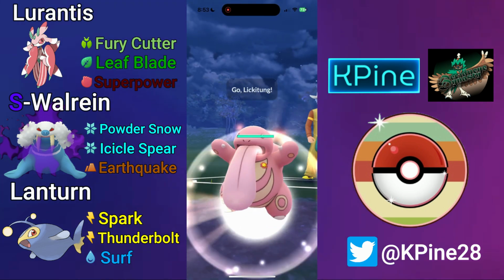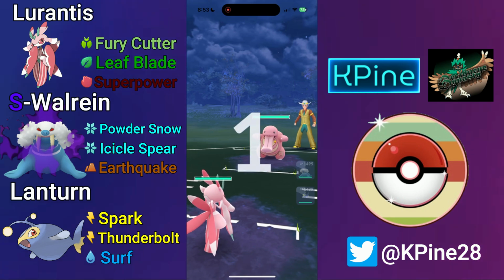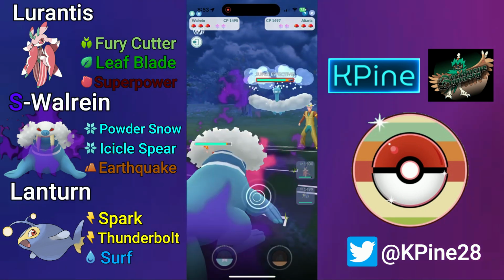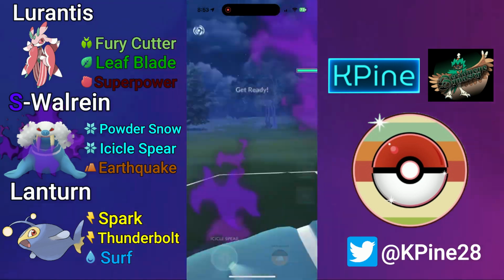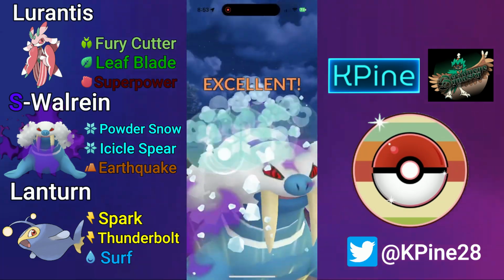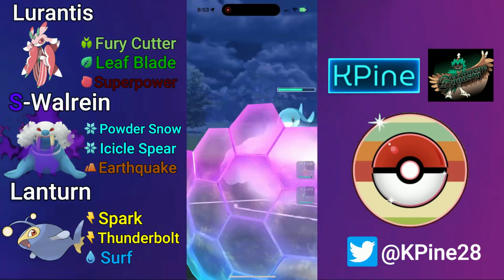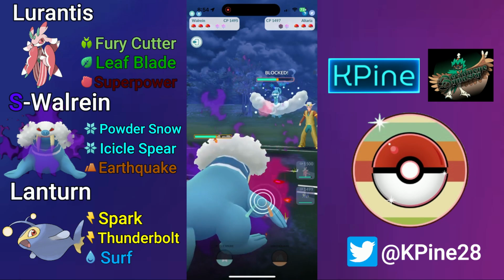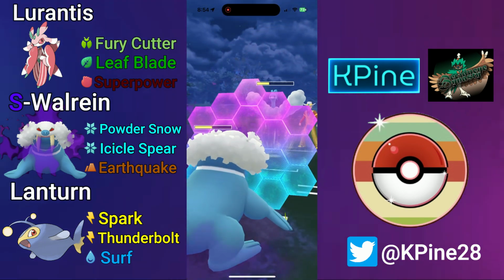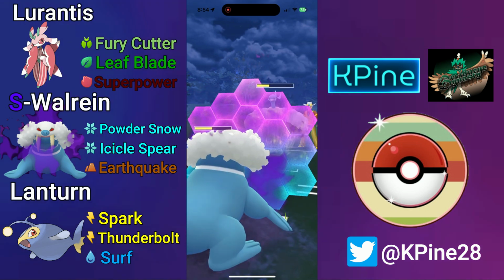Alright, getting to the first battle, we lead Lurantis into that Lickitung. We're going to see what my opponent wants to do. They're going to save swap into an Altaria, and whether this is the Retro Cup or the Open Great League, Altaria is not a good save swap just because if you happen to get it locked into an ice type, it's absolutely miserable. And my opponent, interestingly enough, they do give up a shield there,